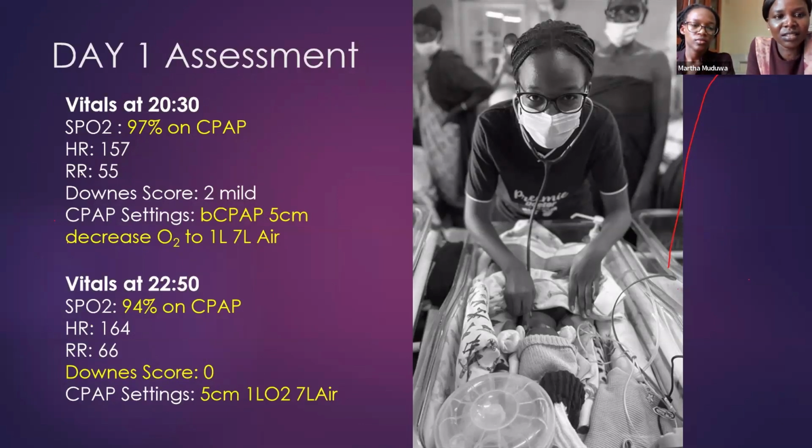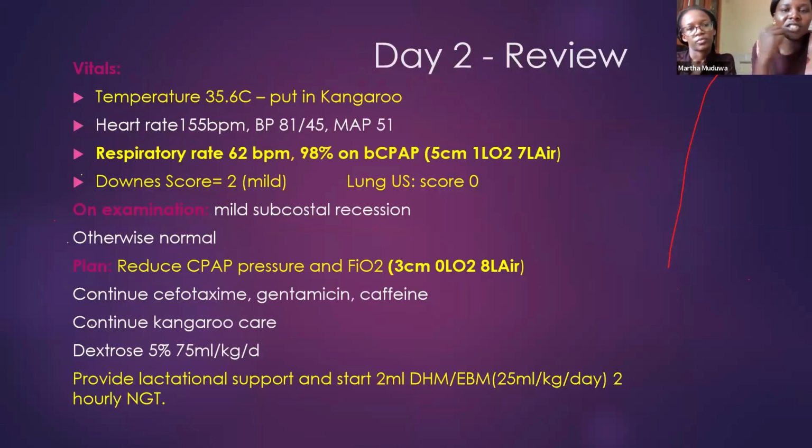Then the vitals at 10:50. Still, our baby was doing well. The SpO2 was good. The Downes score here reduced to 0. And these were the settings that we put for the baby. On day 2,